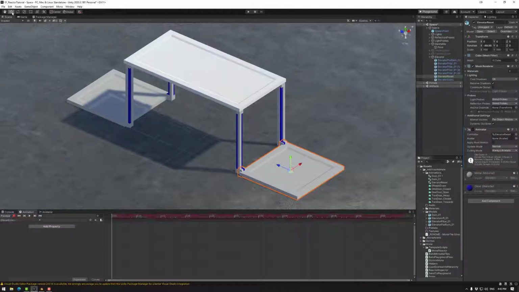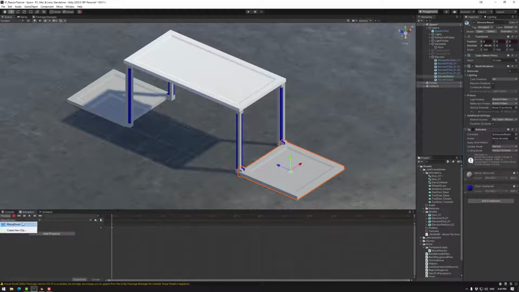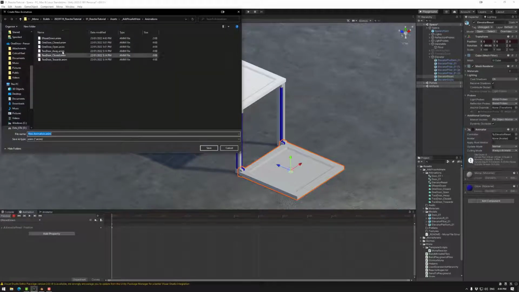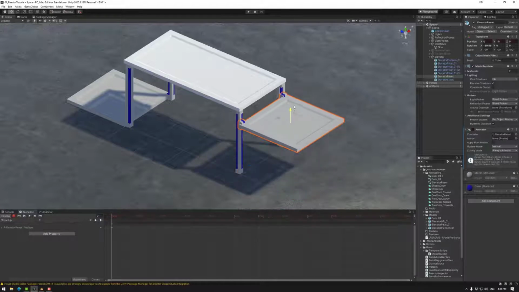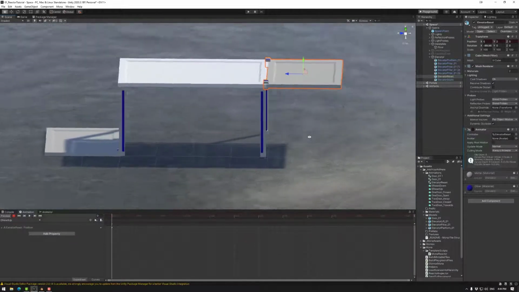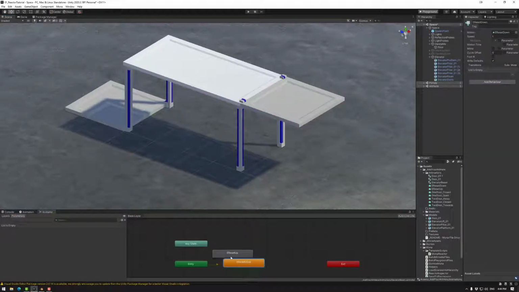I might as well just do the animation now. So once again, control, snap, snap. Create new clip. And we have our animation there. Now reset down is the default. Make transition. Make transition. Once again, if you need more details on how to set all this up, check out the Reactor Basics and Door